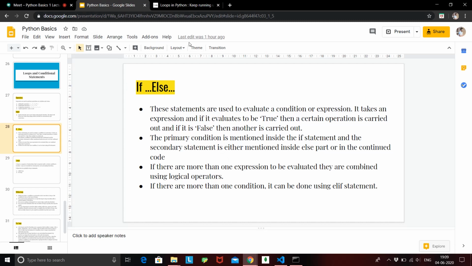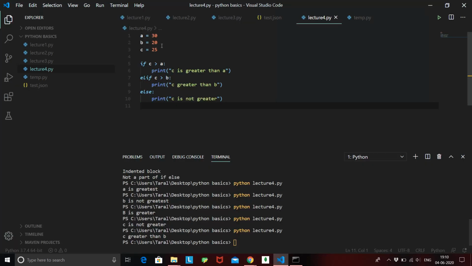These are the three conditional statements: if, else and elif. We only saw examples with numbers. You can try it yourself with strings, float numbers or even complex numbers. You can check different data types inside these statements. I'll leave it up to you guys to try this out.